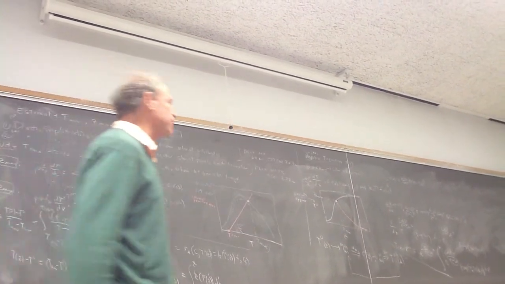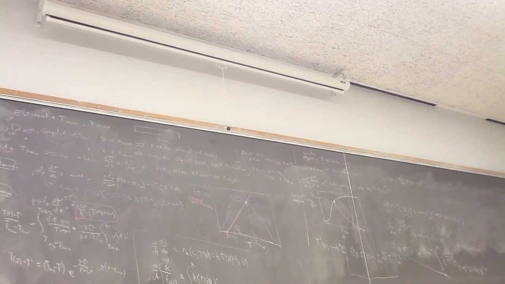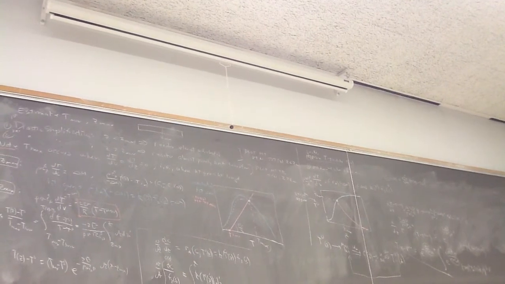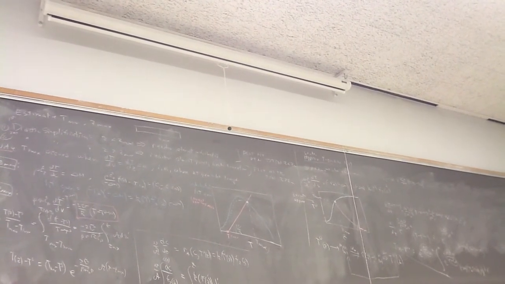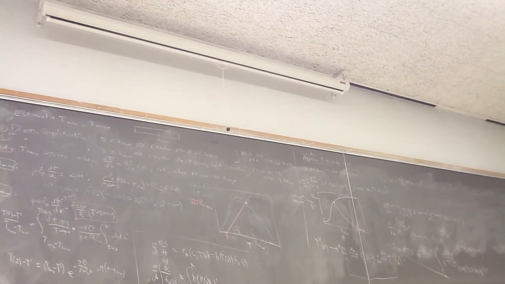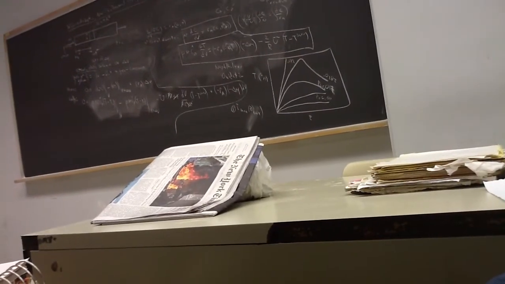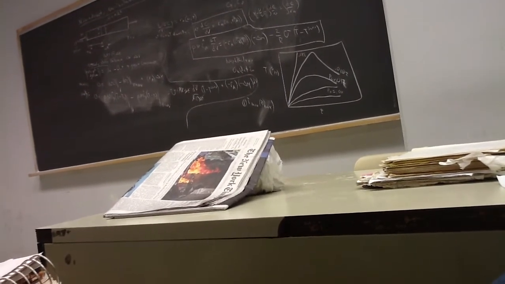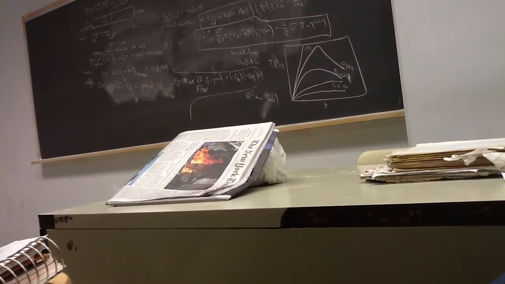Question is, how does temperature affect selectivity? So I'm going to erase some of this. I'll write over here. I don't have that much to write because we only have 5 minutes. So how does temperature affect selectivity? Well, let's say I have 2 reactions. A goes to R, and A goes to S. Reaction 1 and reaction 2. If R is the desired reaction, then certain things are pretty easy. If I want to look at little phi R over S,